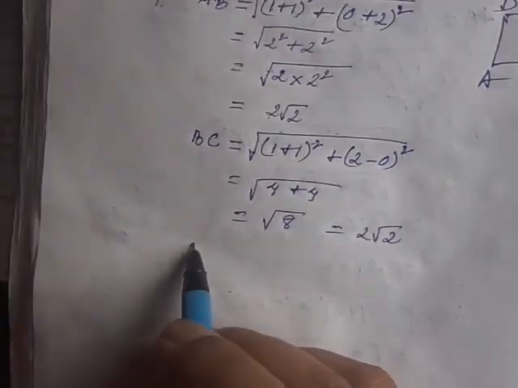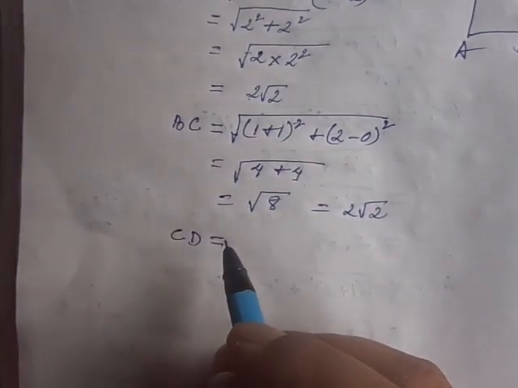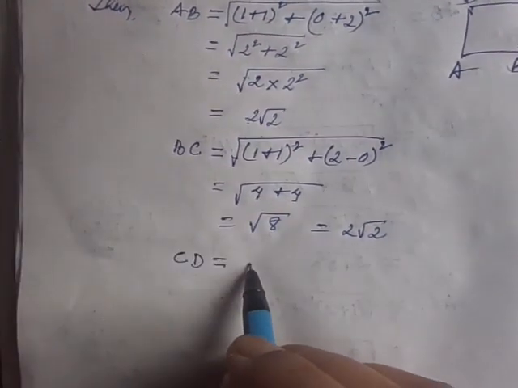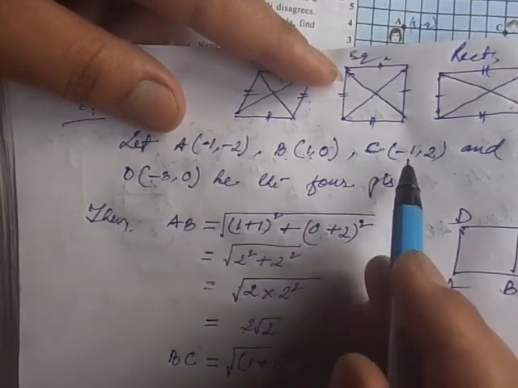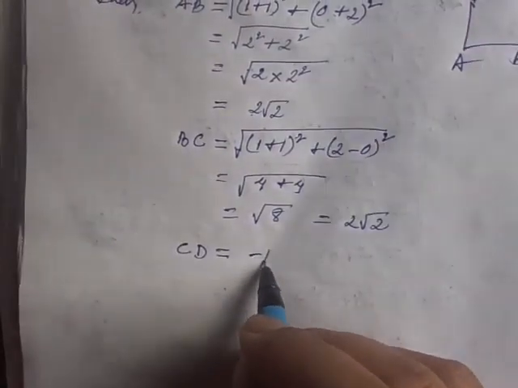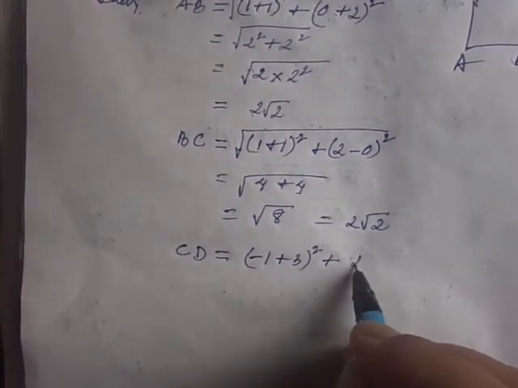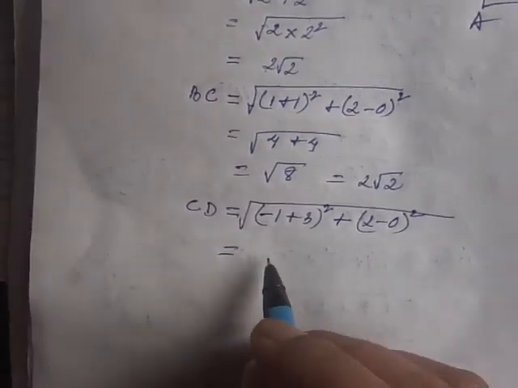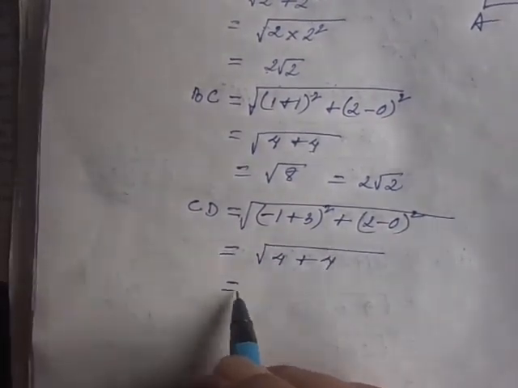The next one here, CD. Minus 1 and minus 3. So here will come minus 1 minus 3. Abscissa minus 1. Which one is bigger here? Minus 1 is bigger. So let's write the bigger one first. Minus 1, this will come plus 3 whole square, and plus 2 minus 0 whole square. So we get root 4 plus 4, so it's equal to 2